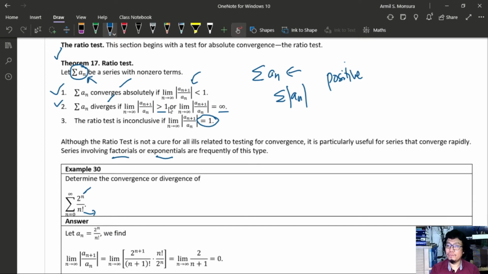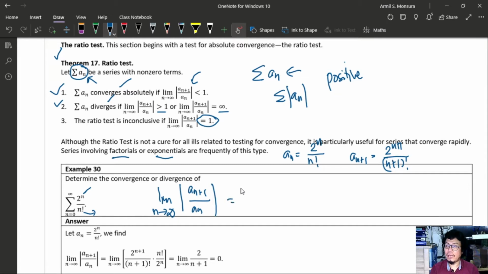For the ratio test, we have to evaluate the limit of the absolute value of a sub n plus 1, the succeeding term, over the previous term, as n approaches infinity. Here we have a sub n to be 2 raised to n over n factorial. So a sub n plus 1 is 2 raised to n plus 1 over n plus 1 factorial. Now we substitute these two here. So we'll have the limit of